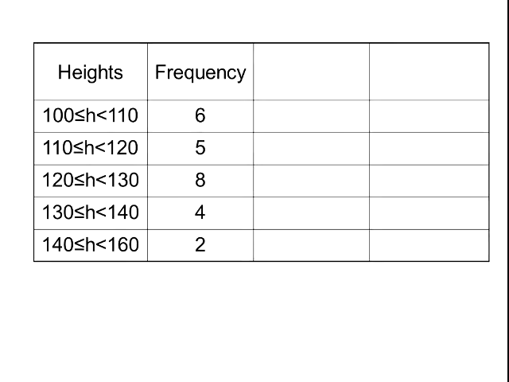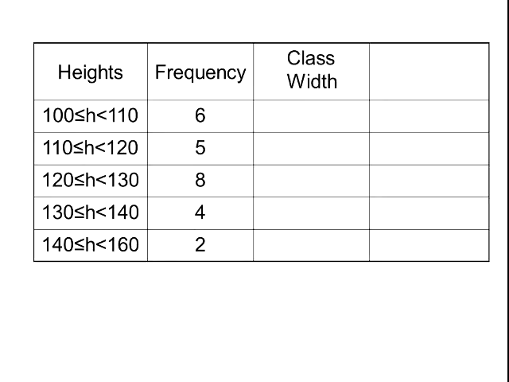Now we're going to take a look at what else we can do with this grouped frequency table. This is the third time you've seen it, and there's actually 4 things you can do with it. And what we're going to do now is called a histogram. Now, a histogram's like a bar chart, but instead of frequency up the vertical axis, we have something called frequency